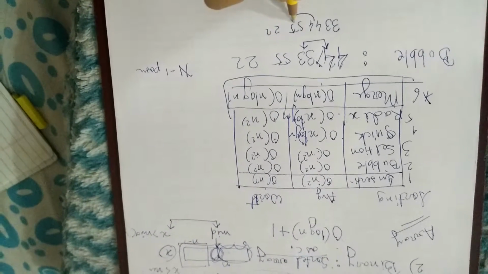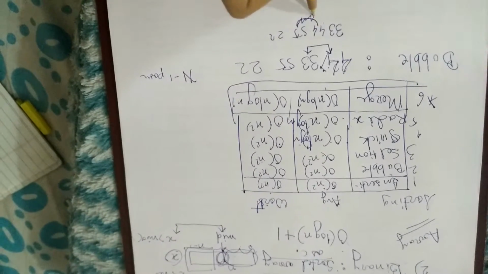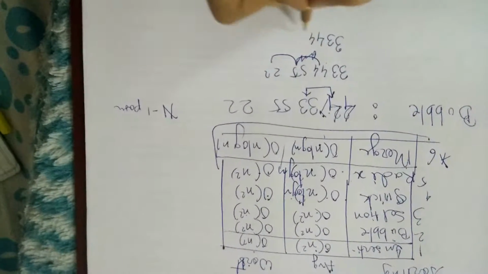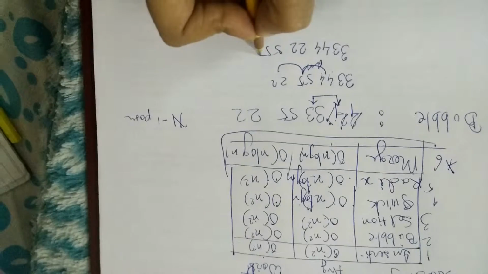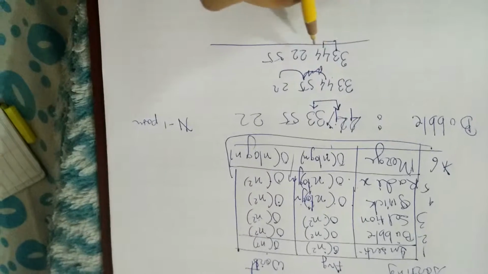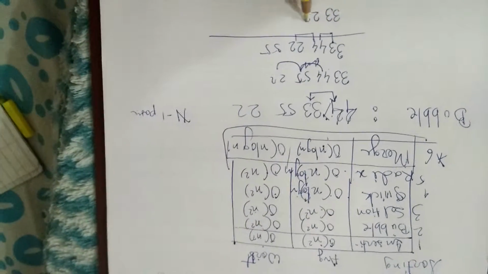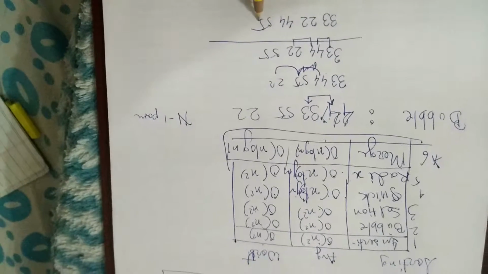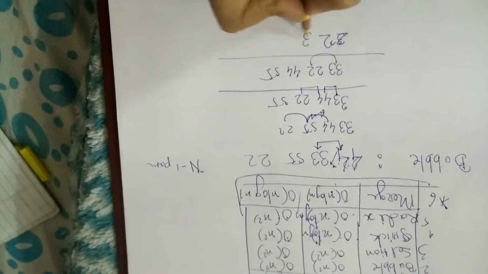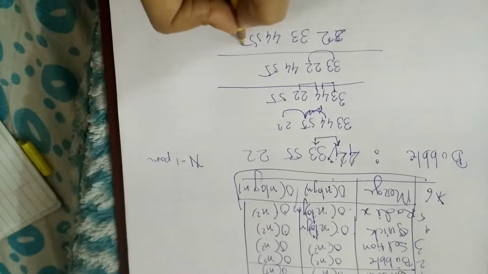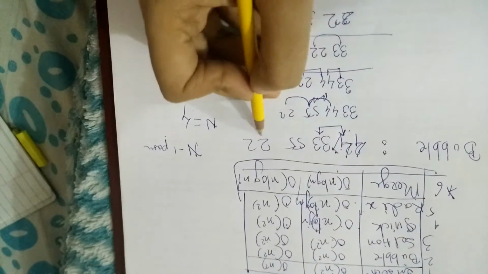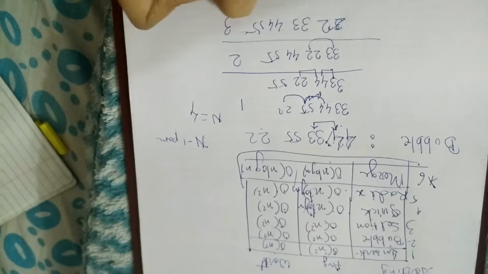In the next iteration we compare the next pair, and as they are already in sorted form, we will not swap. Next we compare 55 and 22, and as 22 is smaller, it gets swapped. So this becomes your first pass. In the second pass we again compare, and whenever needed, we swap. In the third pass we do the swapping for 22, 33, 44 and 55. So there are n minus 1 passes, where n is the number of elements. Here we have 4 elements, so we require pass 1, pass 2 and pass 3.